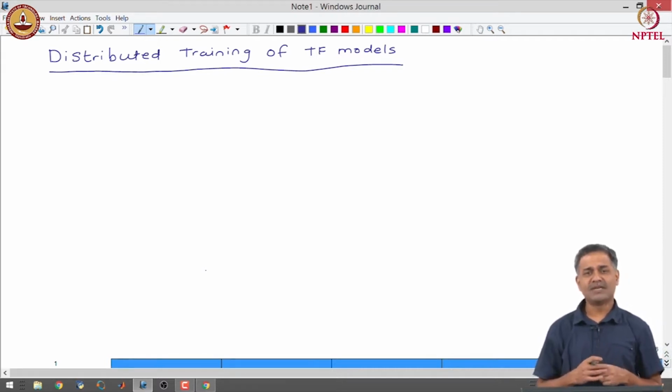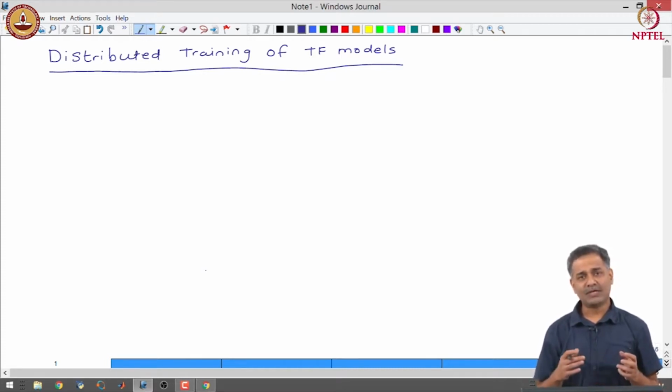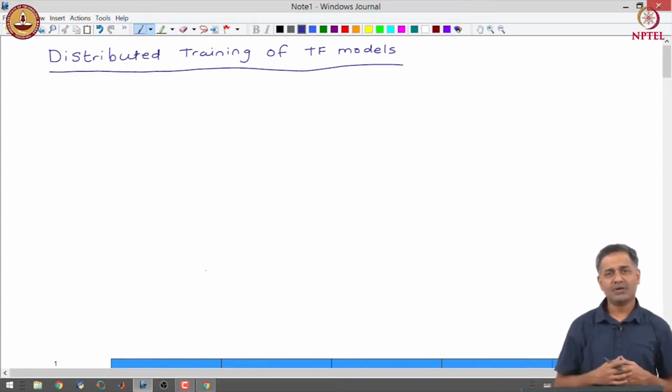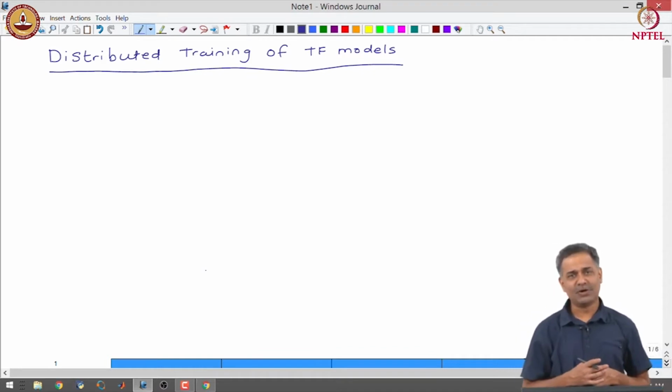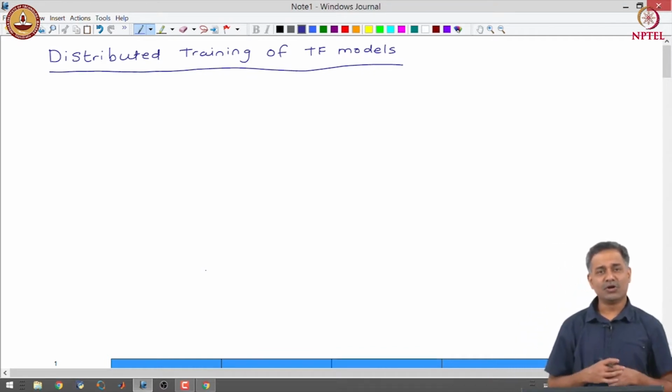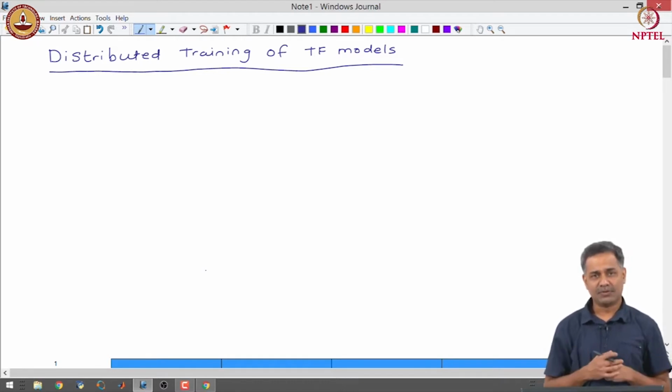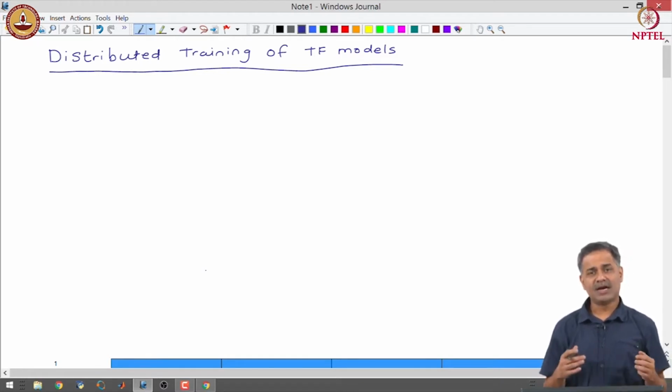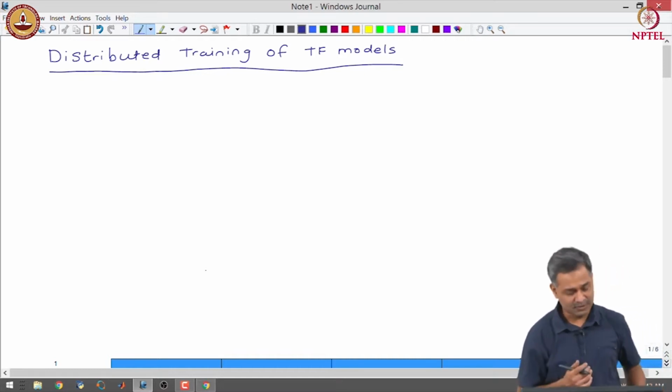The distributed strategy is designed in such a way that there are minimal code changes. So, when you actually train a TensorFlow model in a distributed manner, you will see that not many changes are required in the code that we already wrote. Let us understand why we want to do distributed training of TensorFlow models.